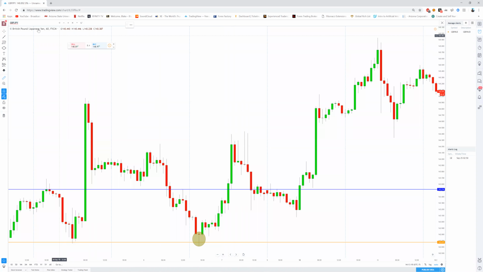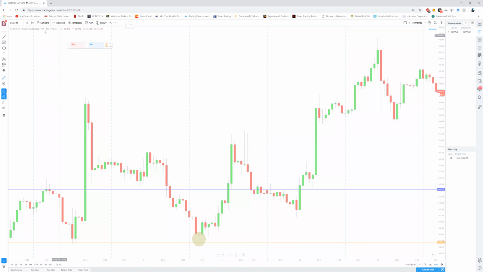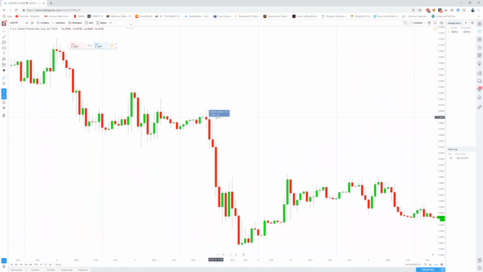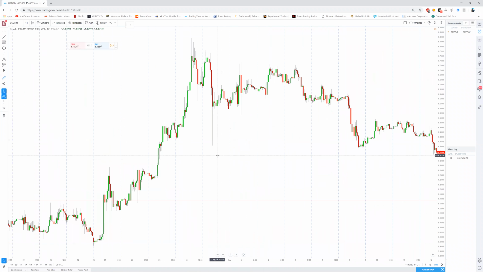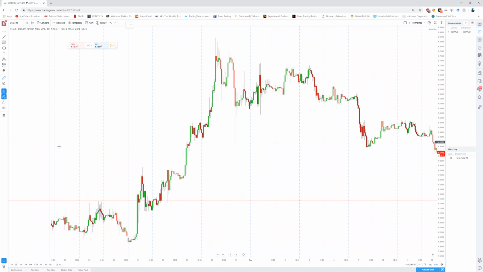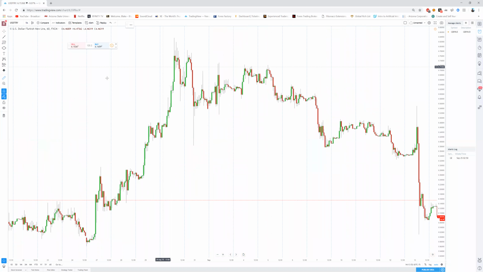So now let's go ahead and look at one that you would not want to use normal proper risk management on. This is USD TRY, and you would want to use less leverage on this one. So normally we want to use 0.01 for every $100. On this one, you can just divide by 10, or some people say divide by 4. It depends on who you ask. You just need to know that you should not be using the normal amount of leverage for this particular pair